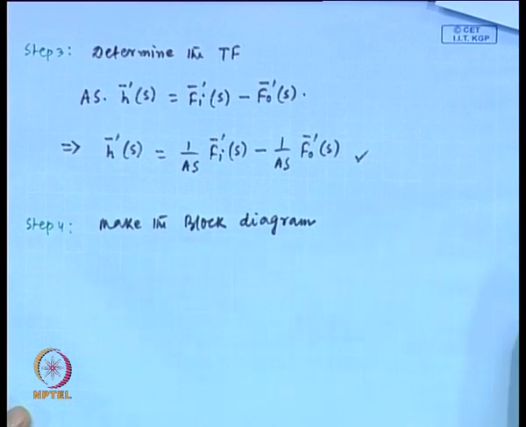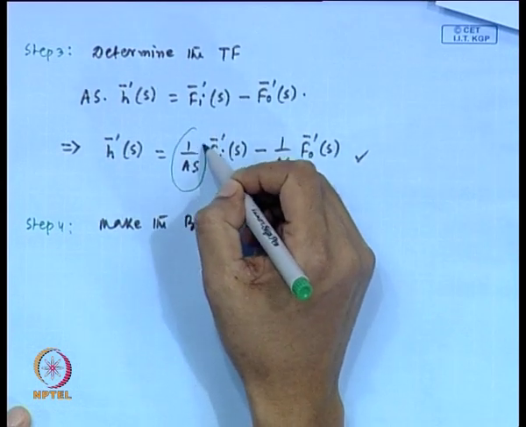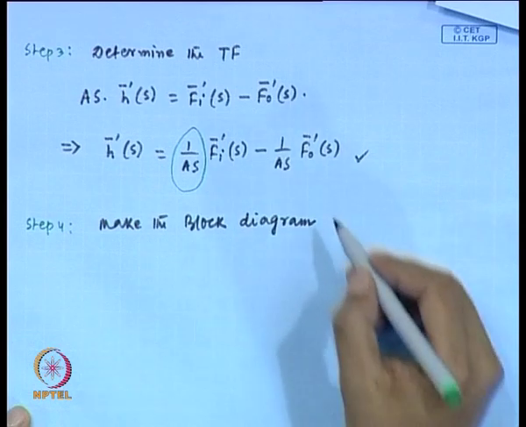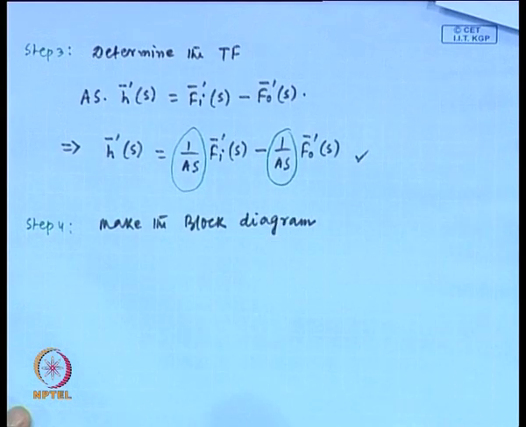So, one transfer function is 1 by A s, another transfer function is 1 by A s you can consider, or you can consider minus 1 by A s. Fine. So, the block diagram will be